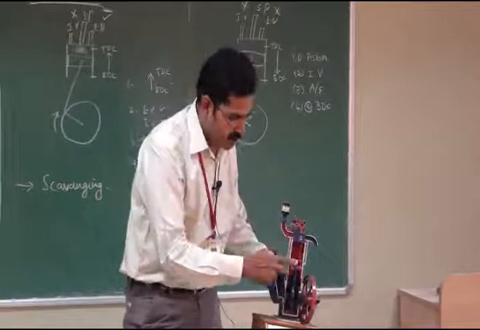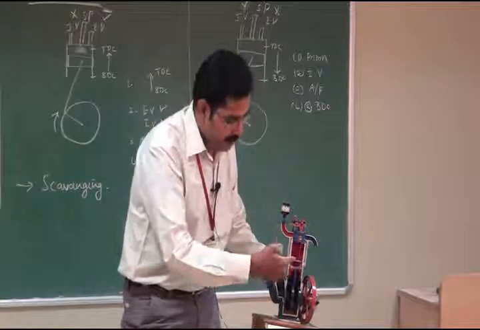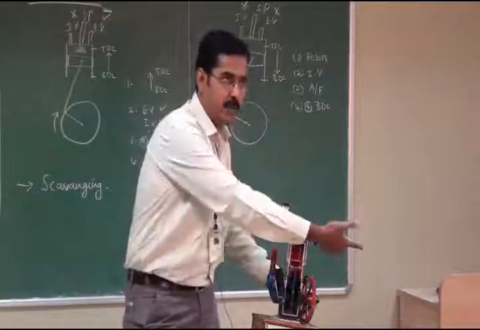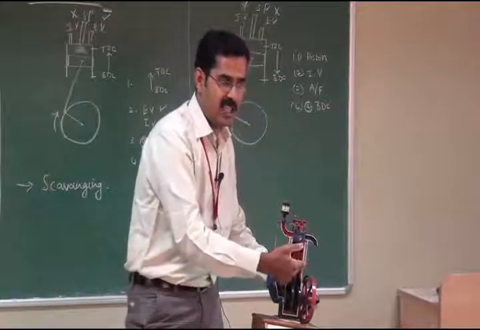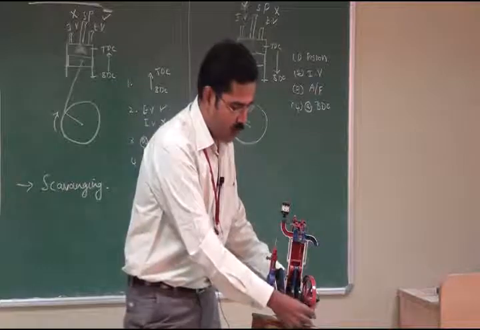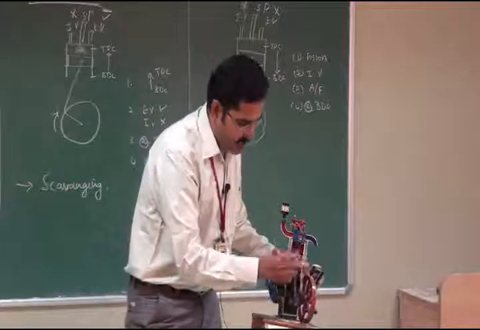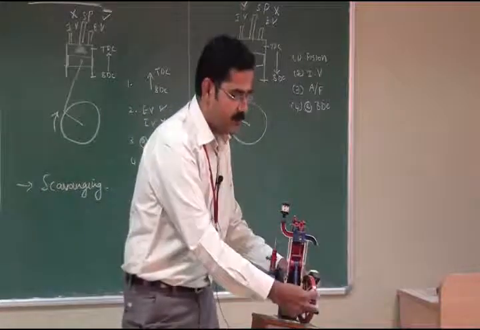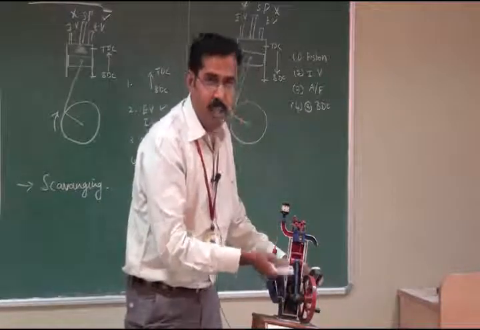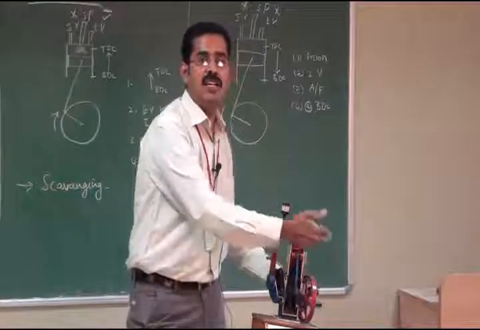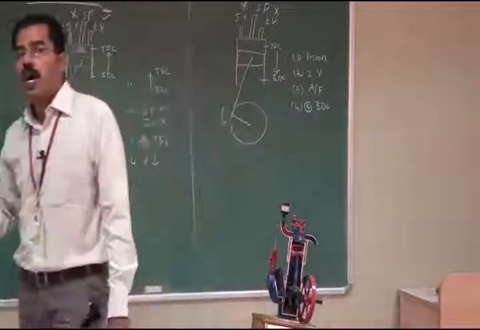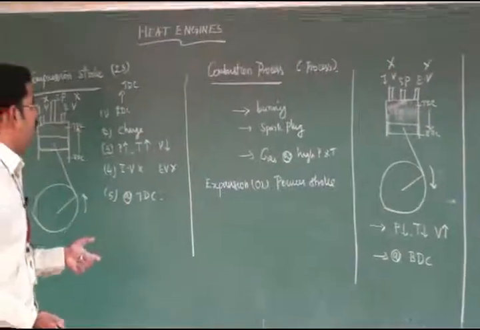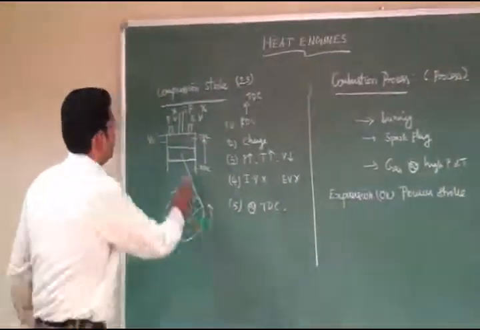Then at the end of the power stroke, the piston position will be at BDC. Above the piston we have a lot of burnt and unburnt gases that are to be expelled to the atmosphere through the exhaust valve. For this we are using the last stroke called the exhaust stroke, in which the burnt and unburnt gases present in the cylinder are expelled to the atmosphere by the upward movement of the piston from BDC to TDC. This is the working principle of the Otto cycle. Now we are going to derive the efficiency of the Otto cycle.